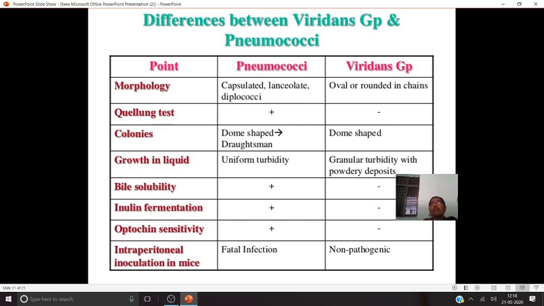So this is a brief regarding the pneumococcus bacteria, pneumococcal infections, pneumococcal diseases, pneumococcal culture, characteristics, other biochemical reactions, and treatment and prophylaxis. So what is the difference between the viridans streptococci and the pneumococcal bacteria? If you are taking the morphology, quellung test, colonies, growth in liquid, bile solubility, inulin fermentation, optochin sensitivity, intraperitoneal inoculation into mice, differences we can identify. Under the morphology, the pneumococci are capsulated, lanceolate diplococci,